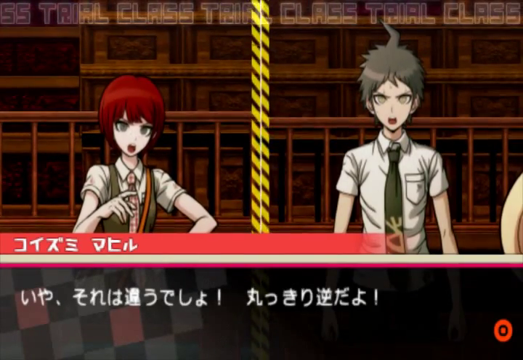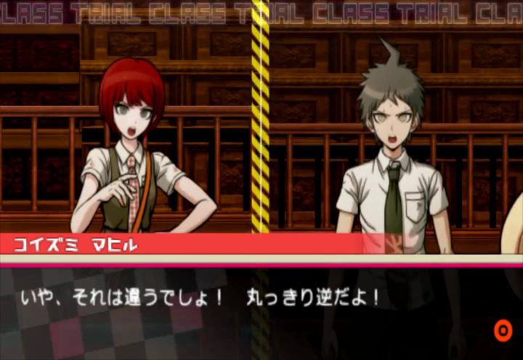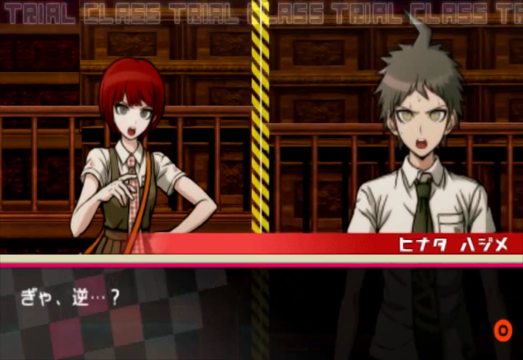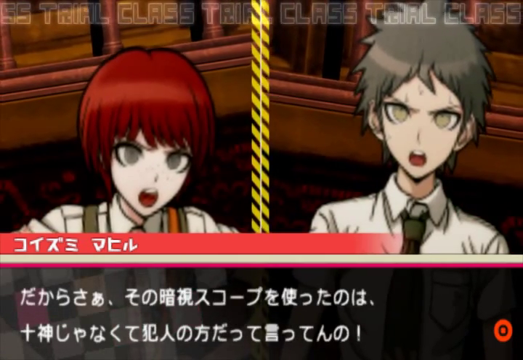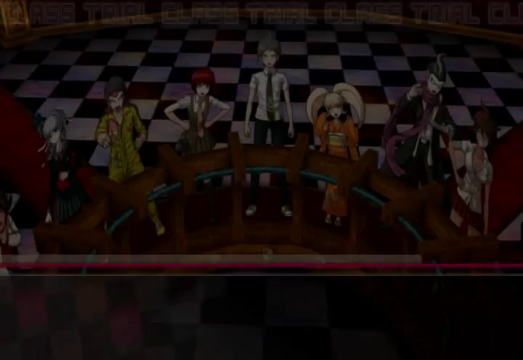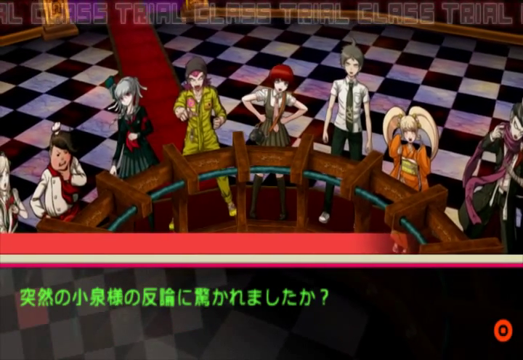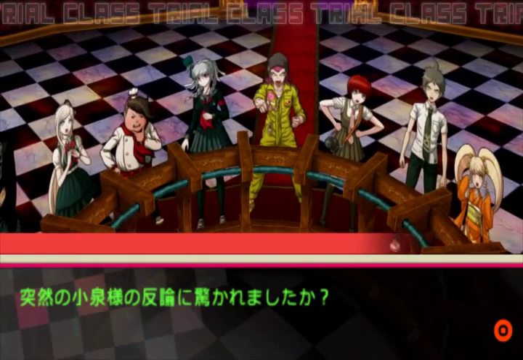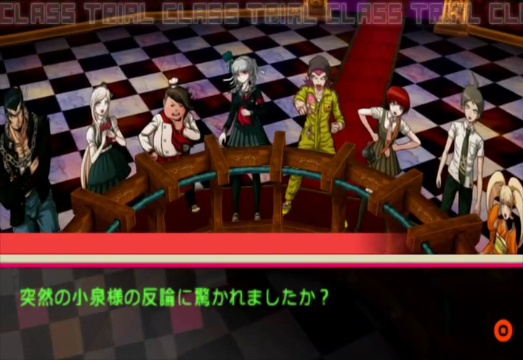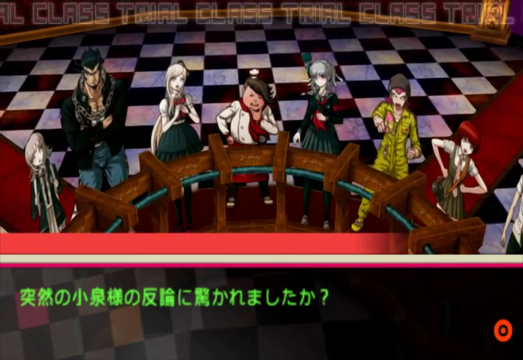What the hell? Oh, hold on a minute. What the hell's going on in the game? No, that's clearly wrong, isn't it? It's obviously just the opposite. The opposite? I mean, it's obvious it was the culprit, not Togami, who used those goggles. Whoa. She kind of did a thing where I contradict somebody, but apparently they contradicted me? Oh, this game just got... I think the game got a little bit more interesting, but now I feel like it got a little bit